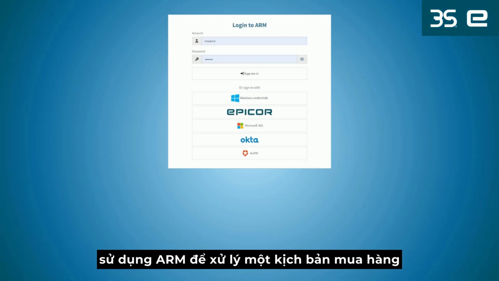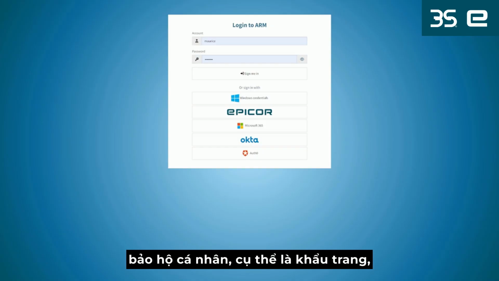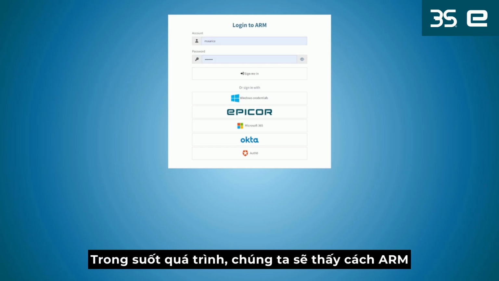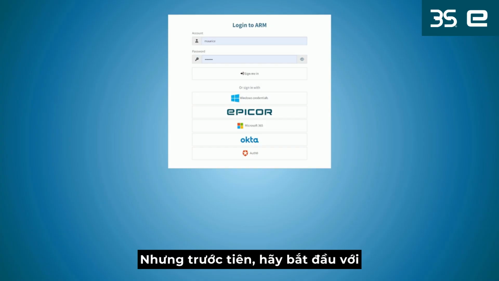In this session, we're going to be using ARM to tackle a typical real-world purchasing scenario. Let's assume somebody needs to purchase some PPE, in our case, some masks, for their organisation's factory floor. An optimised procurement process consists of three key stages: raising a requisition, approving the requisition, and handling the resulting purchase order. Along the way, we'll show how ARM addresses each of these steps, but first, let's begin as our everyday